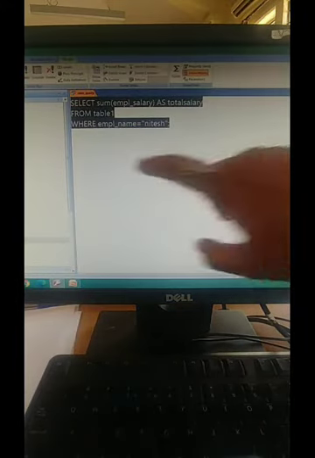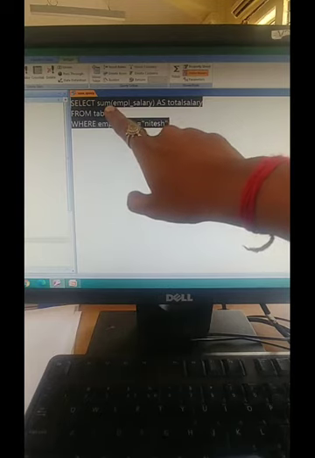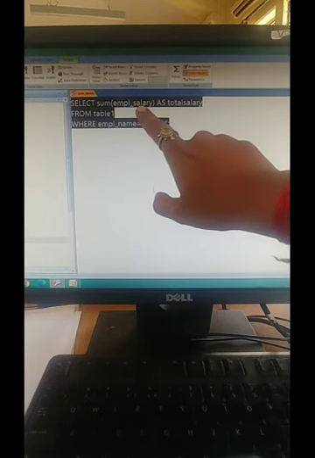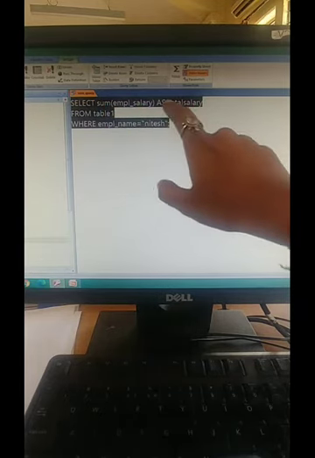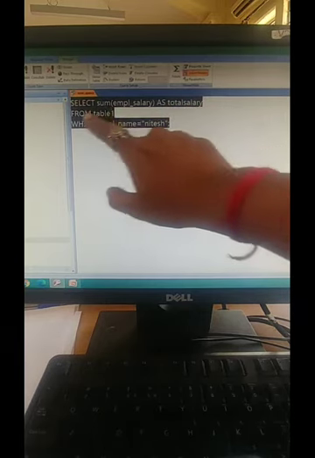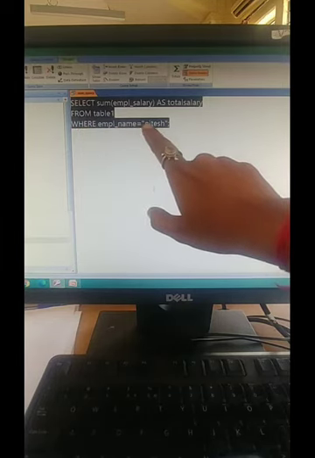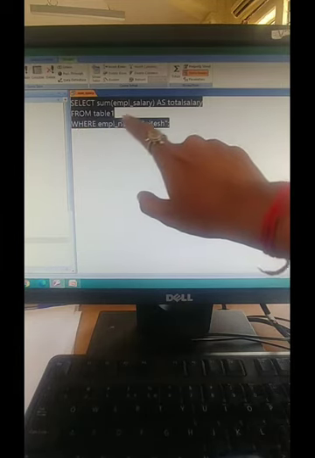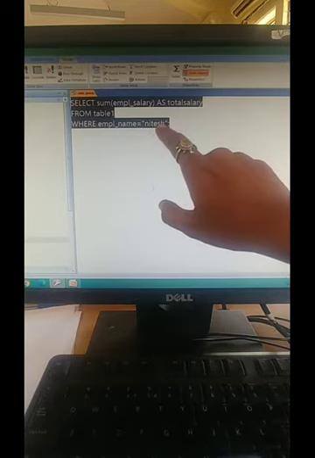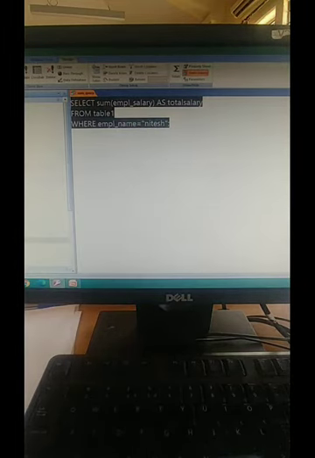See, the query should be written like this. Select SUM, keyword you have to use, employee salary, give the new column name as total salary, from, give the table name, where employee name equals to Nitesh. I have given the condition employee name should be Nitesh. So it will find out the Nitesh employees' total salary.